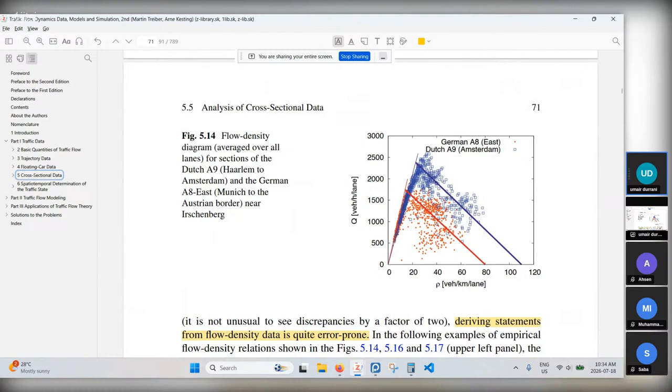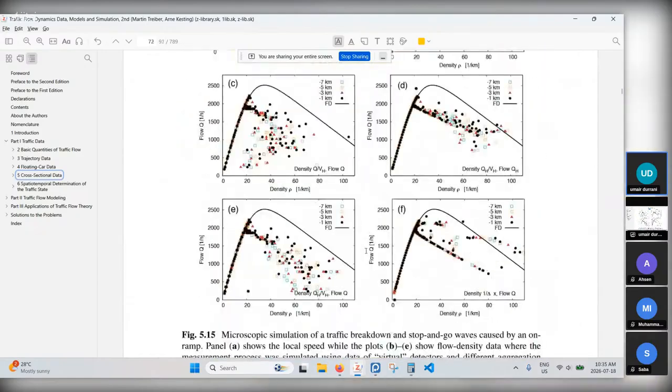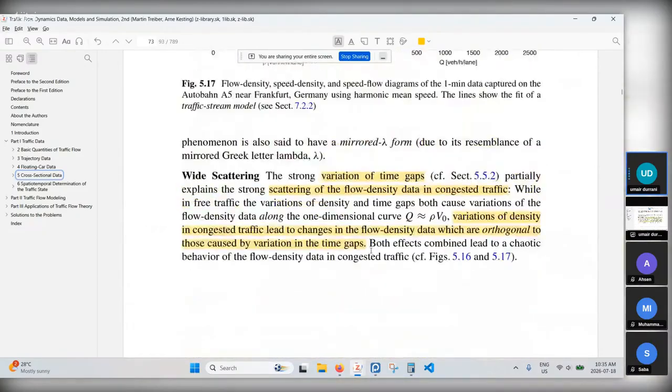Then these lines are called fundamental diagrams. This is essentially the flow density diagram if we have data points, but we will call it fundamental diagram if we fit these lines. So the question is about estimating them